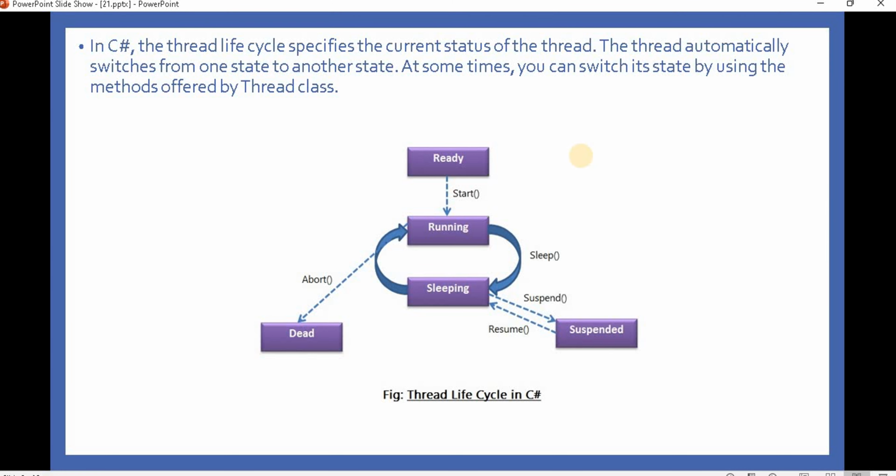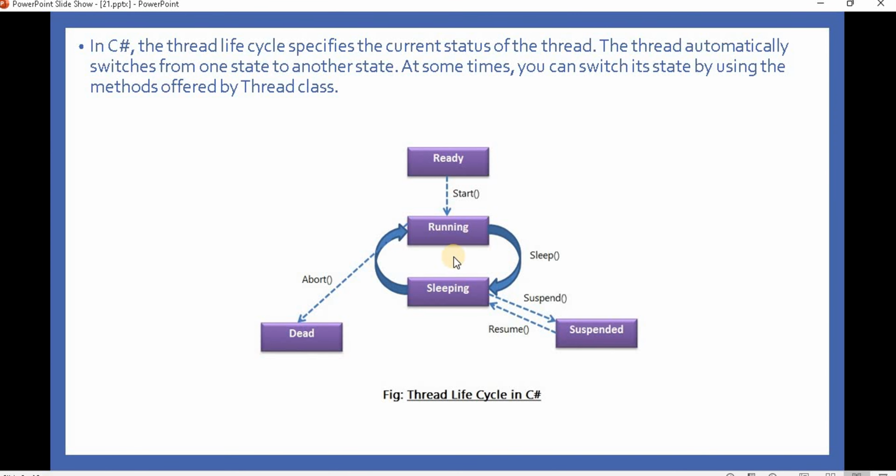As we talk about the life cycle of a thread, basically it starts from the ready state, and once we call Thread.Start, it comes into the running state, and from there we can do a couple of things. Either we can abort that particular thread, then that thread will be dead, or we can do the sleep. For example, for a particular time, if we want to sleep that particular thread, we can do that. And we can even suspend that thread also after the sleep, or we can resume.